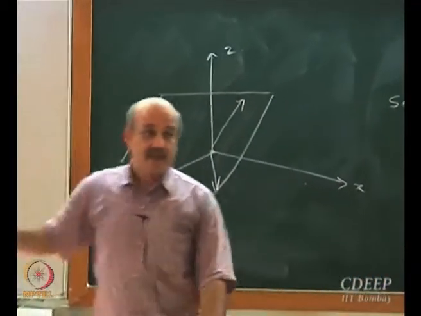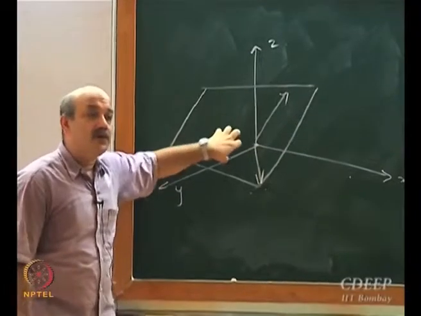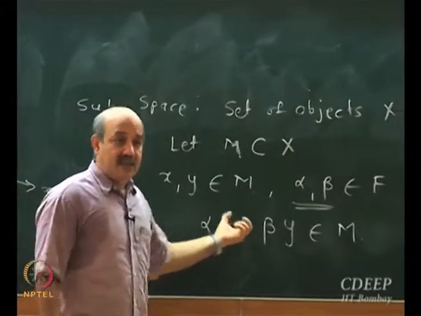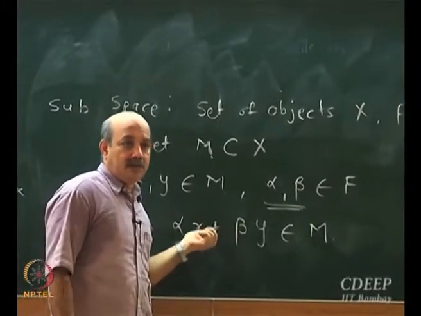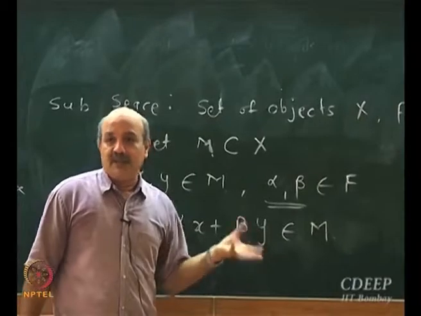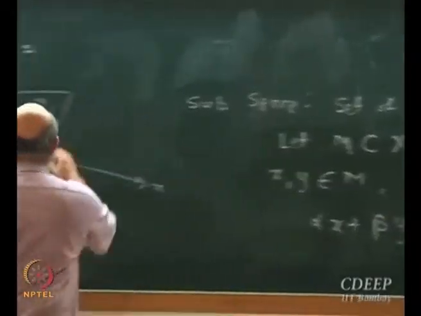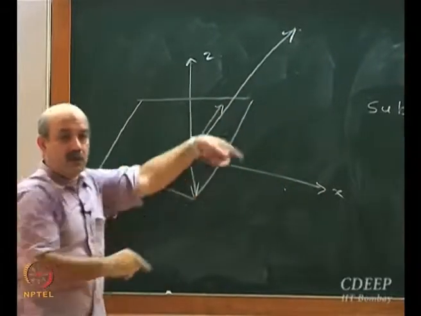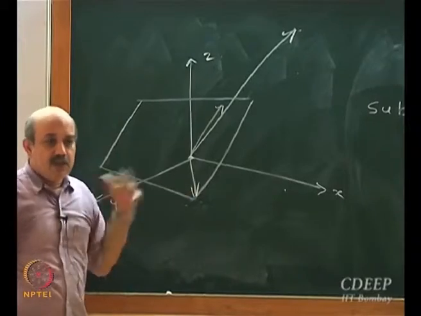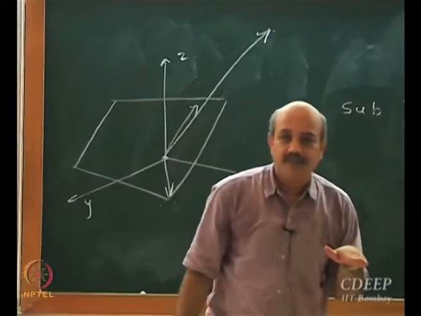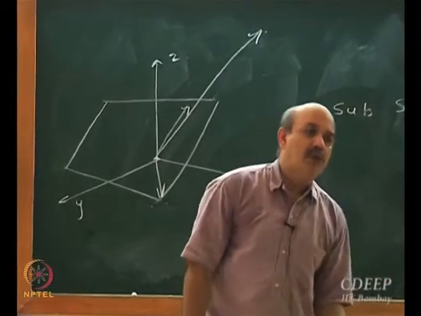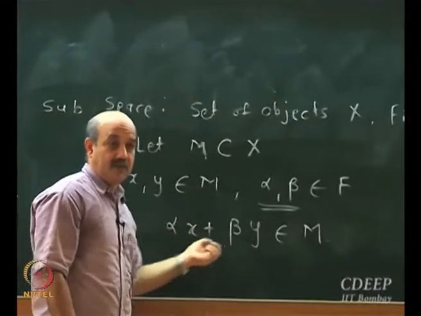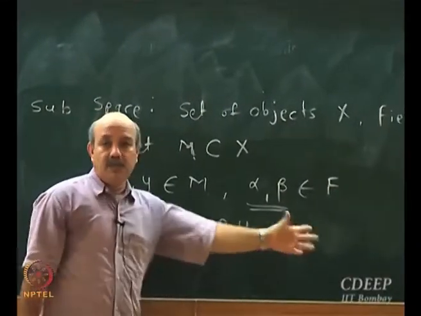Coming back to subspaces, not every subset qualifies to be a subspace. This thing is important. If I take any scalar alpha multiplied by my vector, then the resulting vector also should be included inside the space. If I take this vector and multiply it by a large scalar, the new vector might be here, which is not included in this small finite set. This is not a subspace. So just going through the origin is not sufficient. You need to have closure of this operation, alpha times x plus beta times y, for any alpha and beta. This sum should belong to the set.